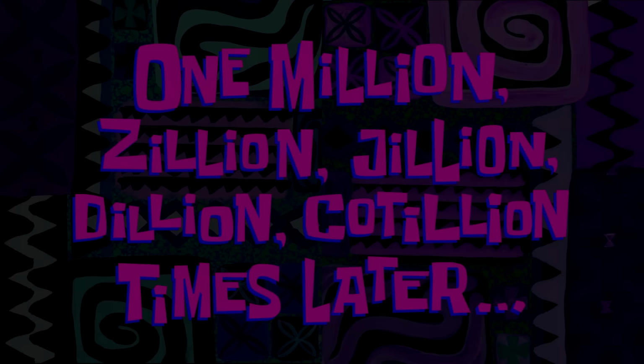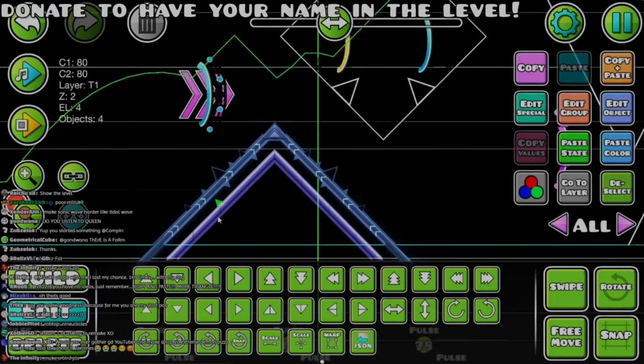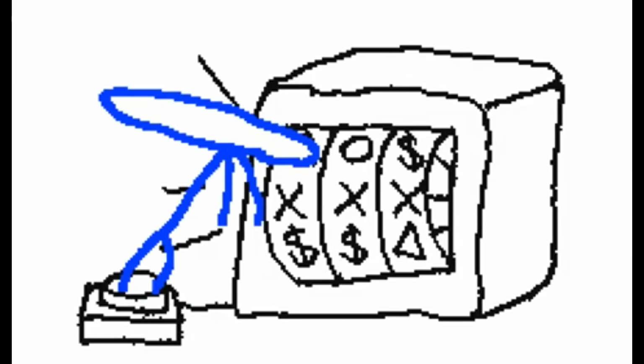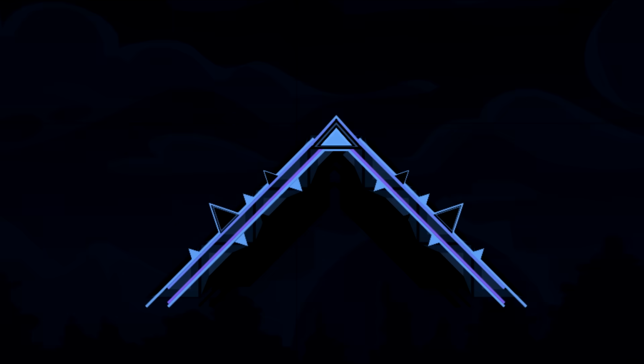1 million zillion jillion dillion cotillion times later. After I came back to this level, the only thing that was in my mind was, it's time to gamble. Now I have 50% of chance of leaving the editor really proud and happy, and 50% of chance of leaving it forever. The first thing I made was, I decided to reduce the glow on that block a little because